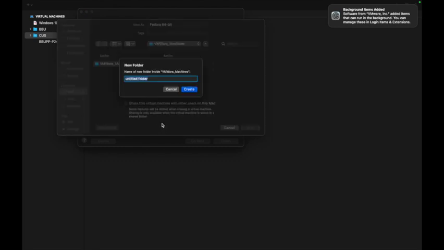I create a new folder to store it, named CentOS installation, and then mention the date of the lab. Okay, you can put any name you want.